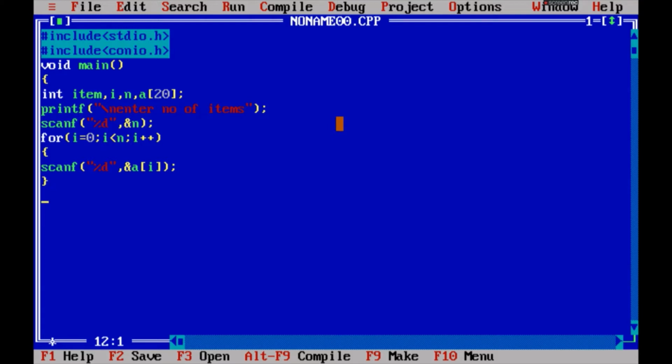So like this, a of 0, a of 1, a of 2, a of n will be stored. Let's start this from 1, so from 1 it will start and it will store the array till n.